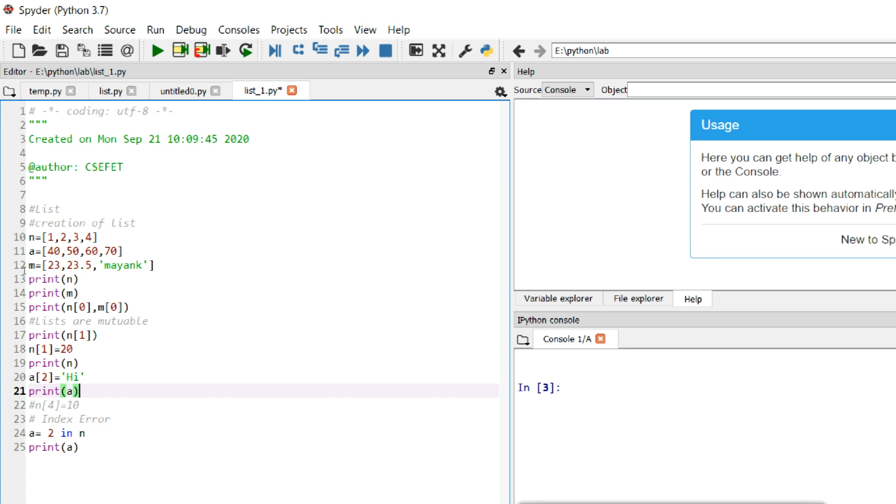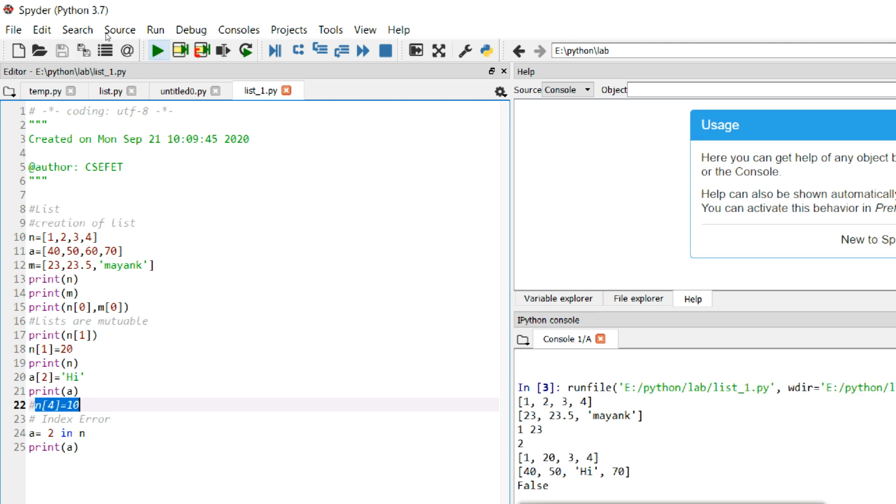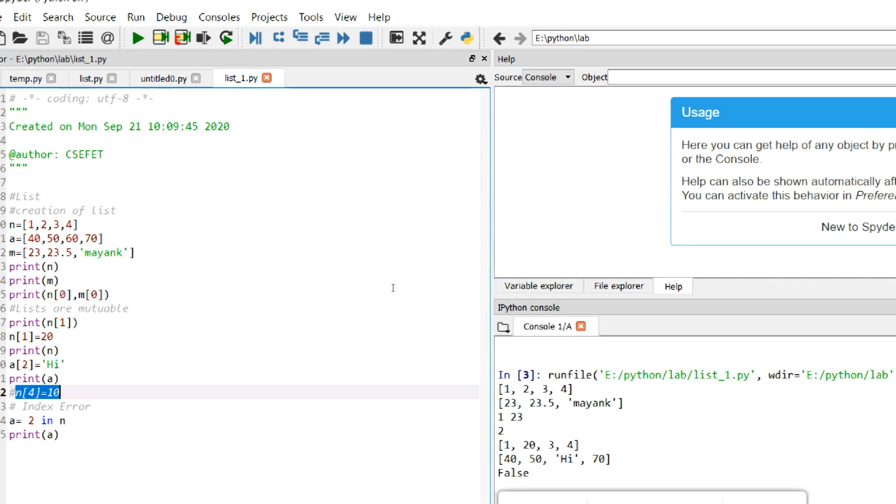For example, in this case which we have commented, if I am trying to access n4, how many values are there? 4 values. So the highest index is 3. I cannot access n4. If I try to do this, it will give an index error. So let's run this program and see how it works, and we will explain this program as per the